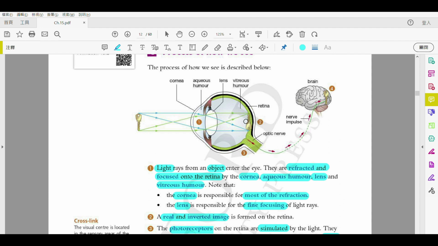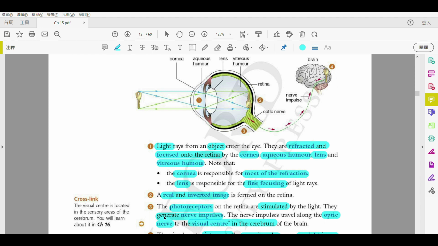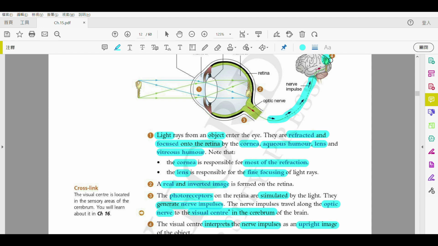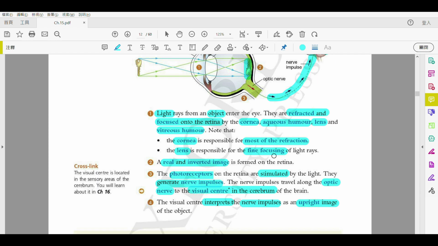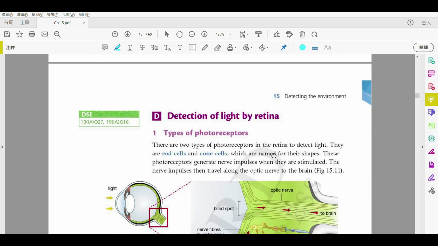So very quickly, the light refracted, focused onto the retina. And then real image, inverted image. And then on this retina, there are some photoreceptors. They are stimulated, they generate nerve impulse, they send the nerve impulse through the optic nerve all the way to the visual center of the cerebrum. And lastly, they form an upright image. That's all for this part. And then the next one,